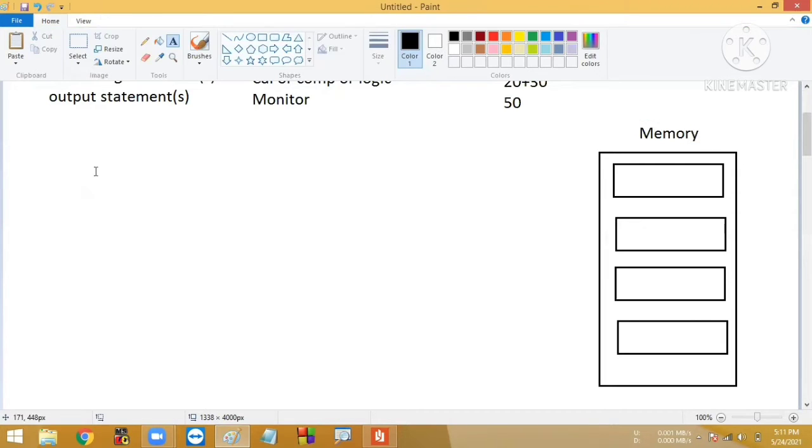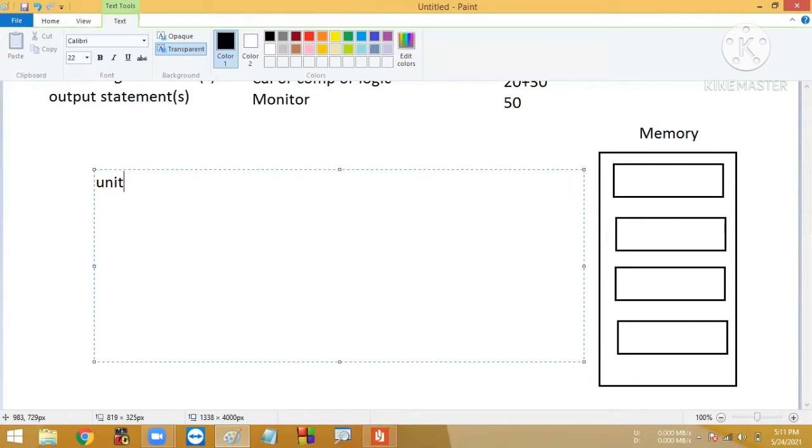Now I'll take some values: unit as some value, and quantity as some value. Where are these values stored? According to mathematics, unit and quantity will be taken as input. The same example also carries for the processing statement as well as the output statement.